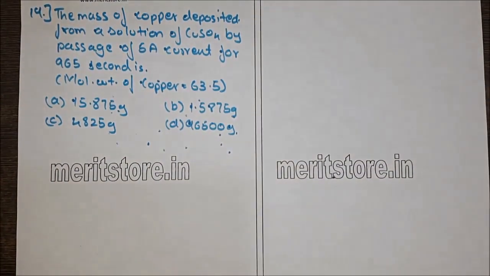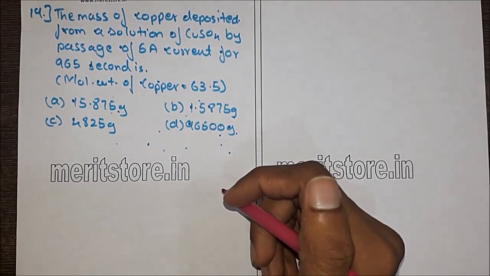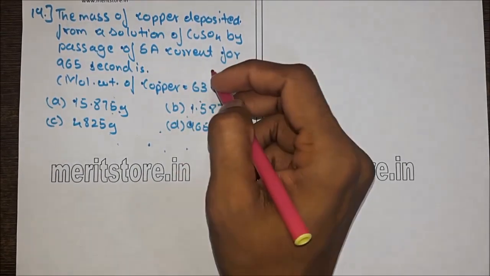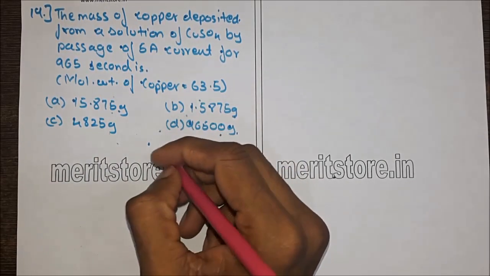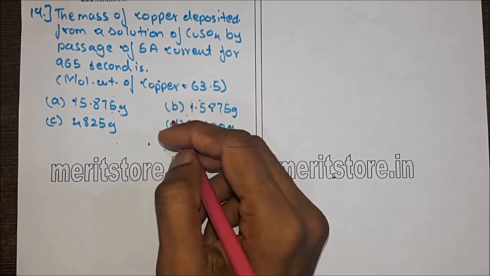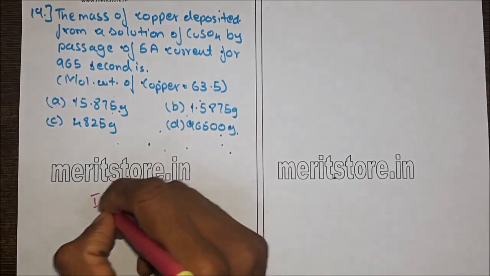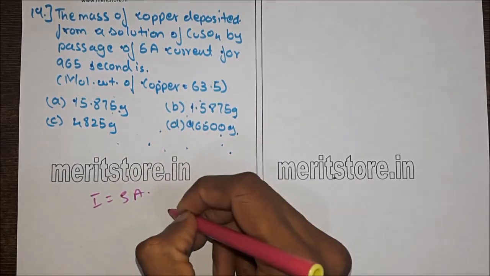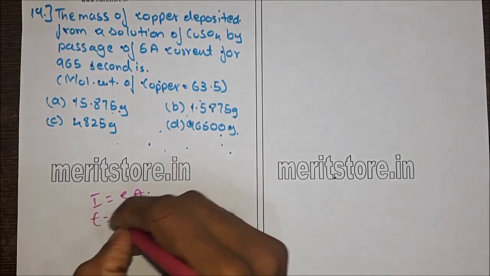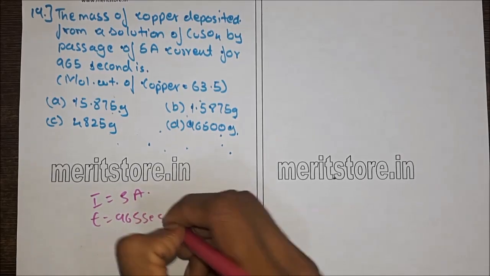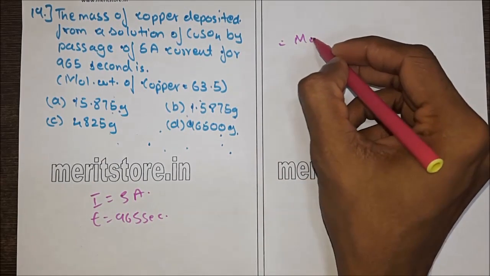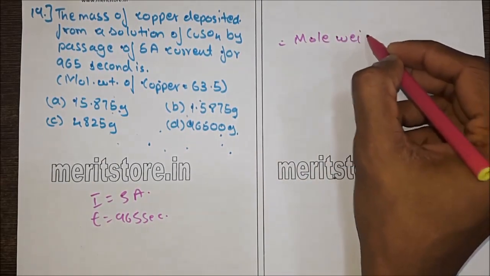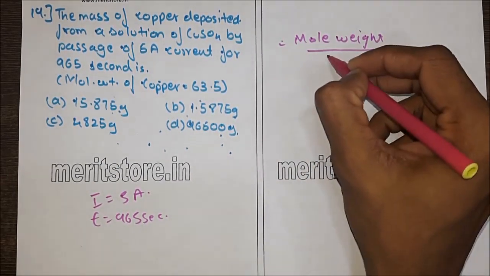Question 19. The mass of copper deposited from a solution of copper sulfate by passage of 5 ampere current for 965 seconds is, we are given 4 options over here, and the molecular weight is also given. So current I is given as 5 ampere and time is given as 965 seconds. We know that the equivalent weight of copper can be written as molecular weight upon valency,